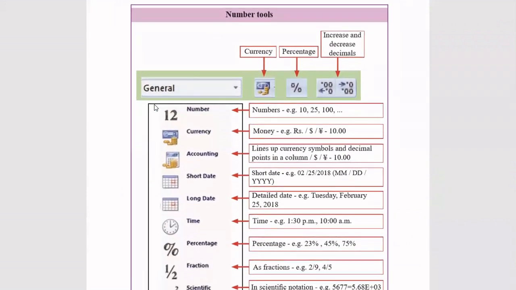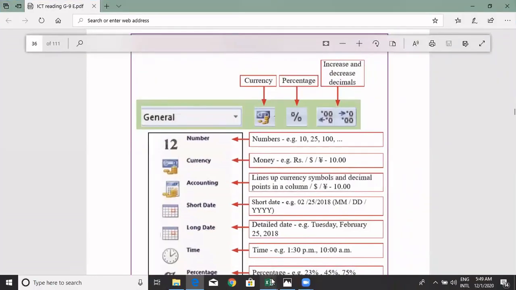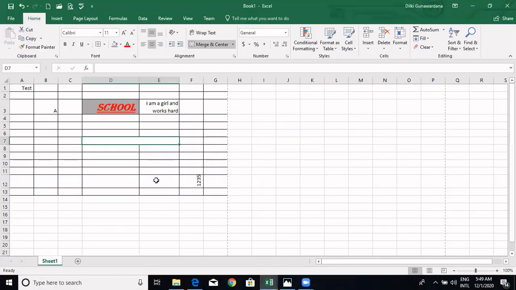Then the number tools, right? Especially Excel is for numbers. So definitely you have to use different kinds of number formats: normal numbers, currency, accounting, short dates, long dates, time, percentages, fractions, scientific notation. These things are especially for numbering purposes, right? So for example,